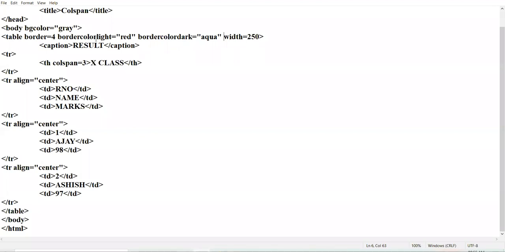No attribute inside any tag contains space. All attributes are one single word. Whatever the name may be, the name is just one single word. No space comes in any attribute's name inside any tag. So while writing your answers in the notebook or in the examination, be careful. You are not supposed to put space in between.